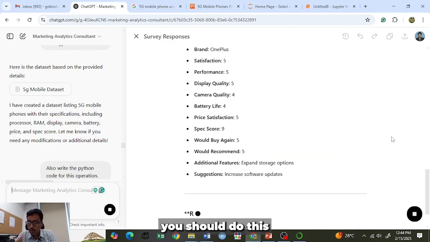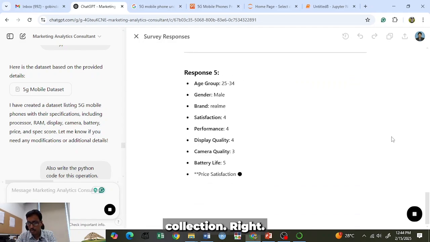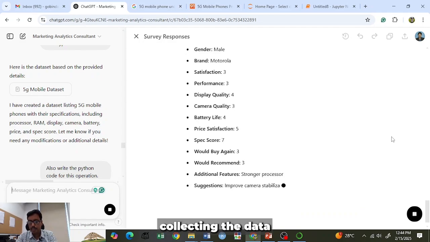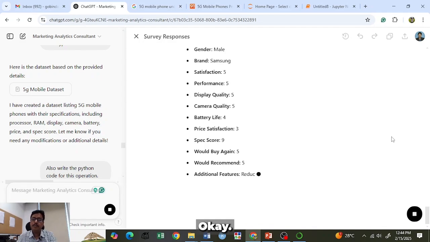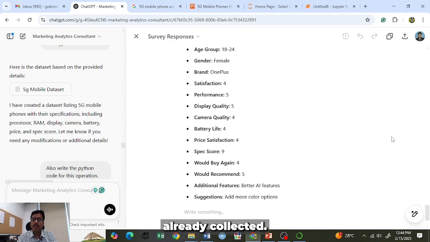Normally you should do this with the help of primary data collection, right? But since the time is limited, I am just collecting the data by using the GPT. Okay. So 10 responses are already collected. Okay. Then finally,